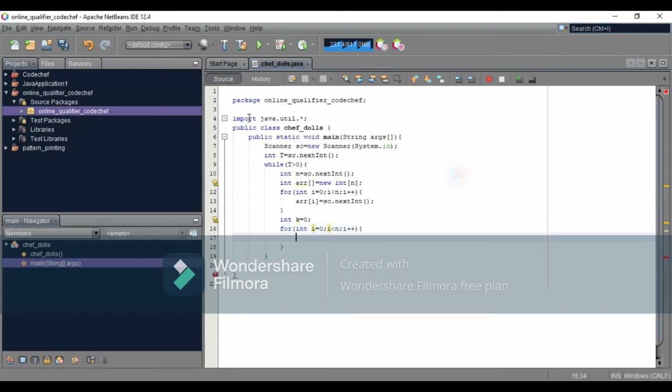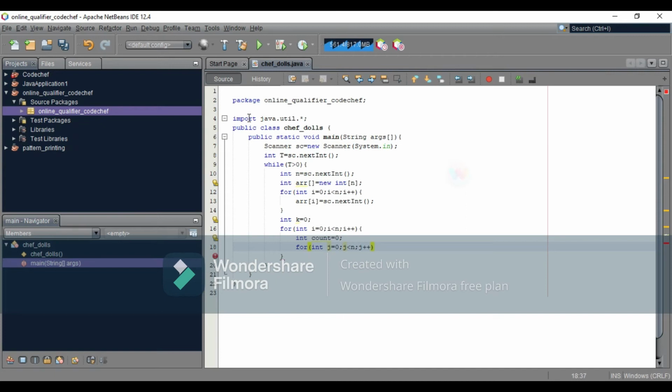After that I have to declare a variable as int count is equal to 0, that will basically count the odd number of dolls or the missing pair of dolls. Then we have to enter a nested for loop that goes j equal to 0 to j less than n, j plus plus.